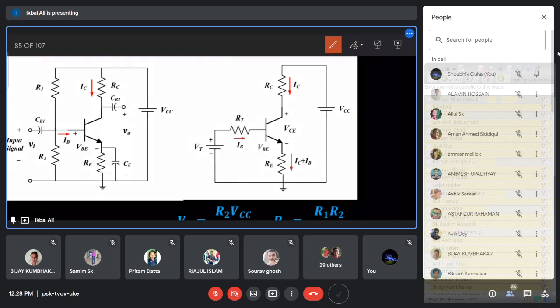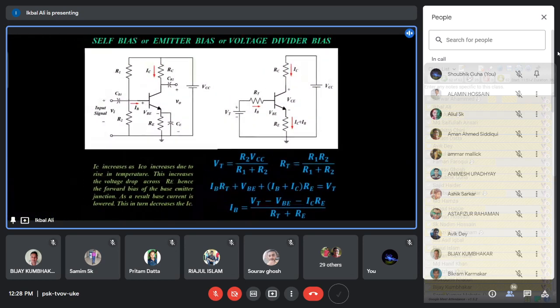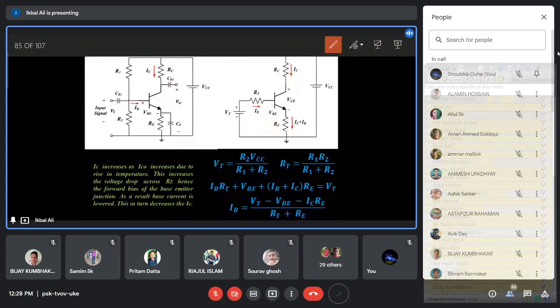So we can check what the KVL equation will be. You see that the KVL equation is written here. On the right-hand side of the equation, usually the supply voltages are taken care of. So on this right-hand side you see VT, which is the supply voltage, though it is a Thevenin equivalent voltage, but it is the supply voltage. So it is on the right-hand side of the equation. Towards the left-hand side, this supply voltage actually gives the drops across the different circuit elements.